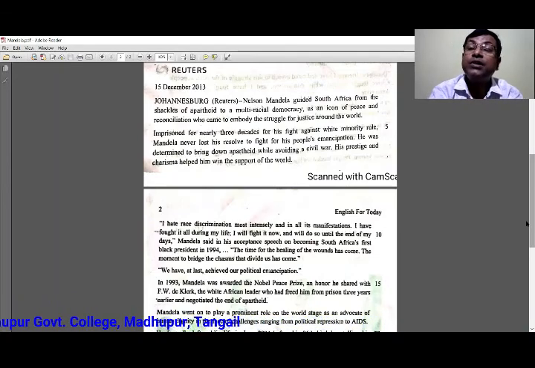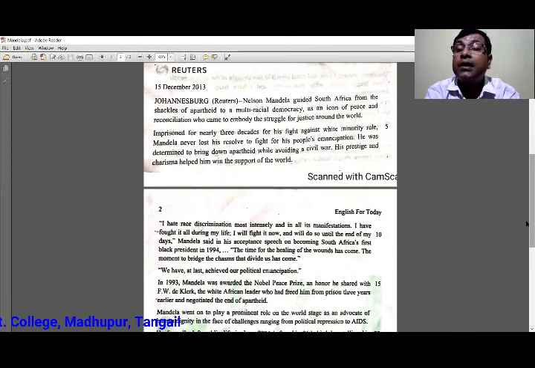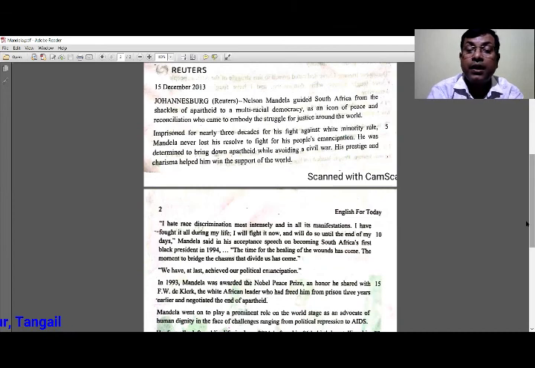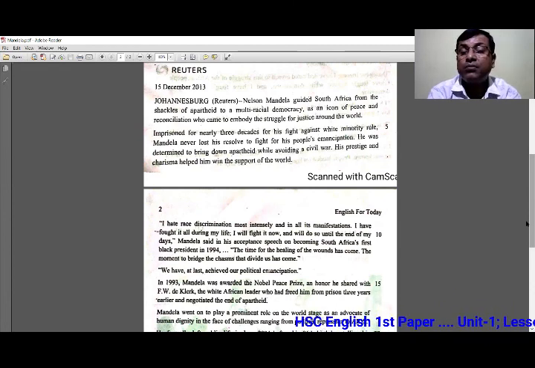He clarified his position against racism. "The time for the healing of the wounds has come." That means because of this mentality of the South African people, especially the white South Africans, they did not treat the black people